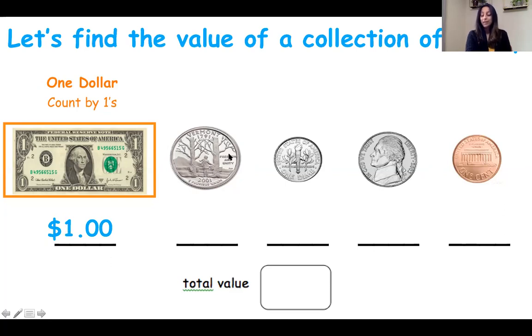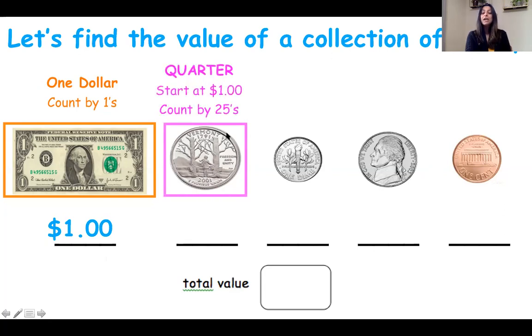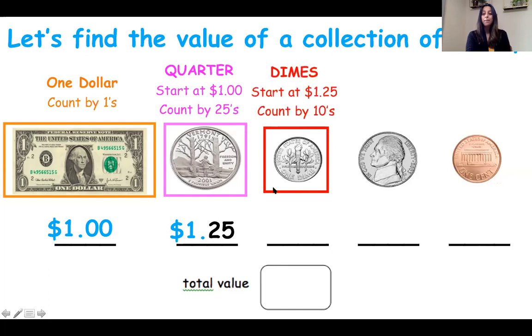So next we have a quarter, which we count by 25s. But we're gonna start at $1 and count by 25s. So it would be $1.25. So here we have $1 and we have 25 cents. And the decimal point is separating the dollars from the cents. Then we keep going. Next we have a dime. Now we have to start at $1.25 because that's how much money we counted so far. And we're gonna count by tens. So $1.25,